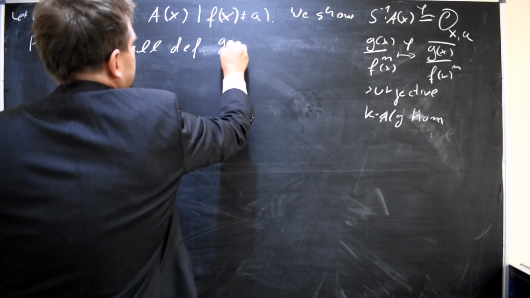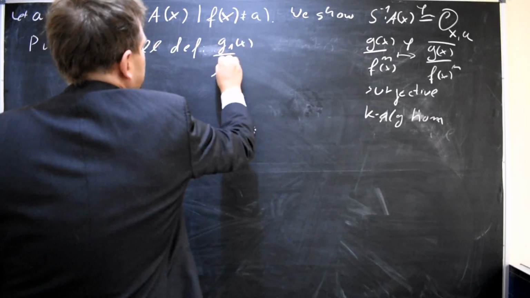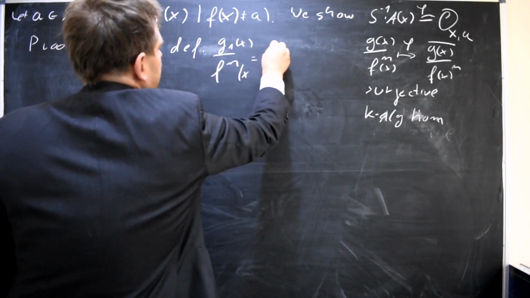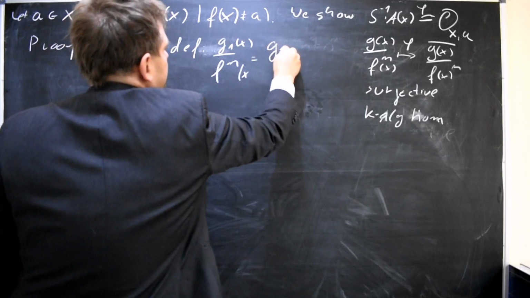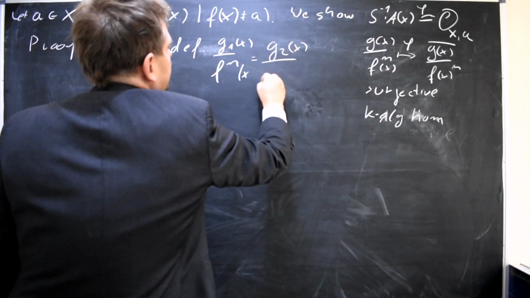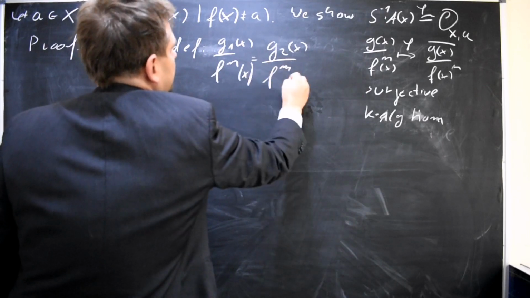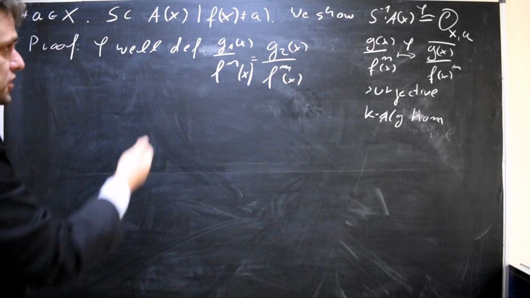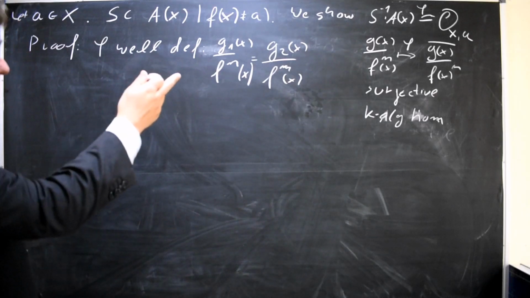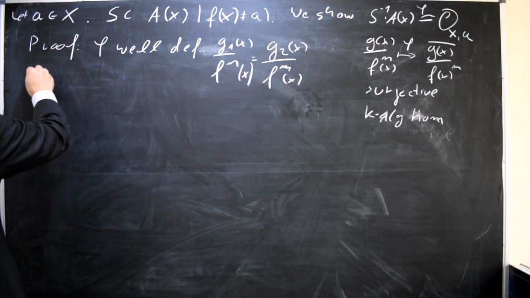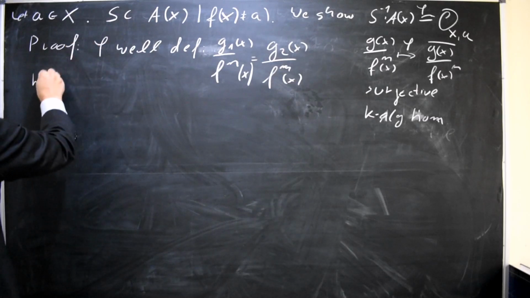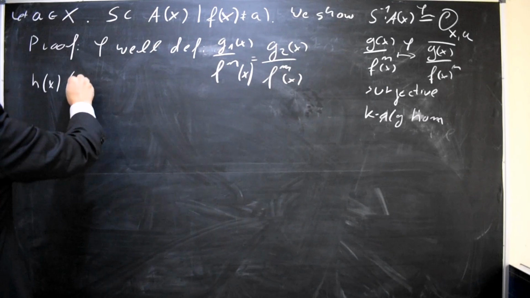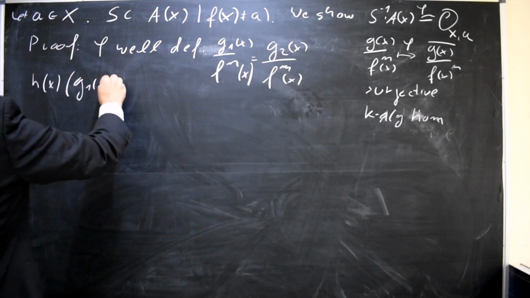So if g1(x) divided by f^n(x) is equal to g2(x) divided by f^m(x), this means, by definition of equality in the localization, that there is some h in S such that h(x) times g1(x)